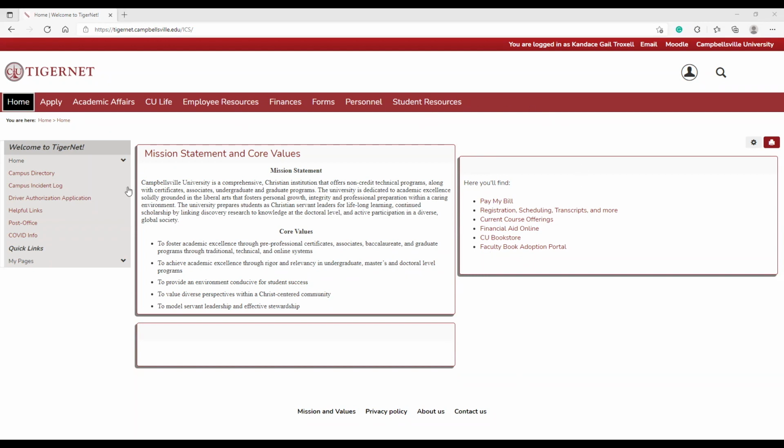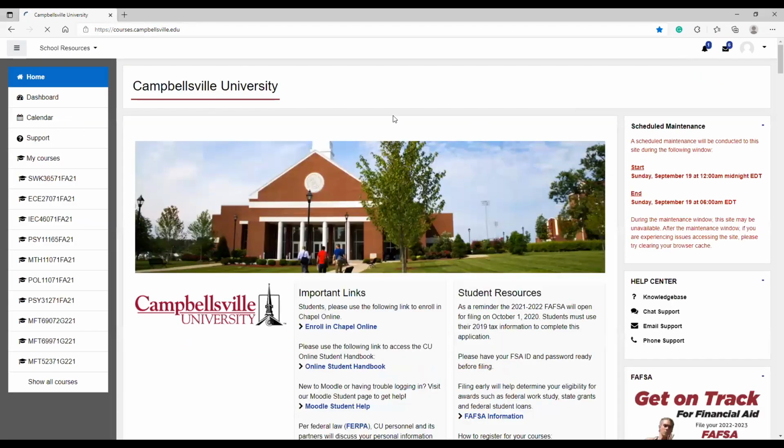So first, this is going to be TigerNet. This could be where we left off in the first video explaining TigerNet, so you're already logged in. And you see up here at the top, you should see your name, where you can access your email, Moodle, and the Campbellsville website. So we're going to click on Moodle,